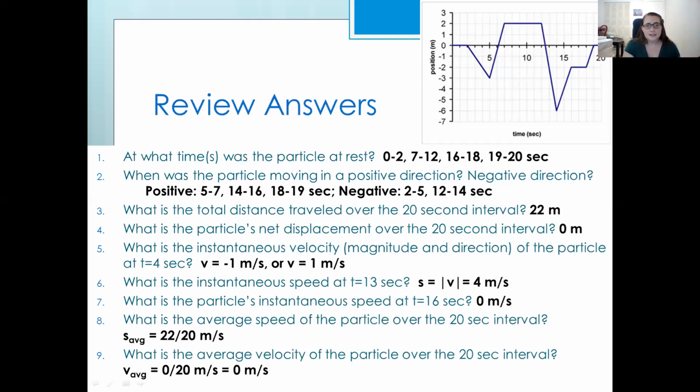Number 5, what is the instantaneous velocity, magnitude, and direction of the particle at t equals 4 seconds? So I see right away that there's a typo in this answer. My apologies about that. I'll fix it before I upload it to Canvas later today. But our velocity at 4 seconds, remember, the velocity is the slope of the position time graph. So we're going to be taking the slope at 4 seconds. And so if we do our rise over run, we're rising